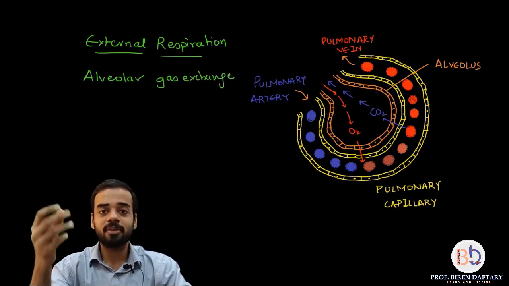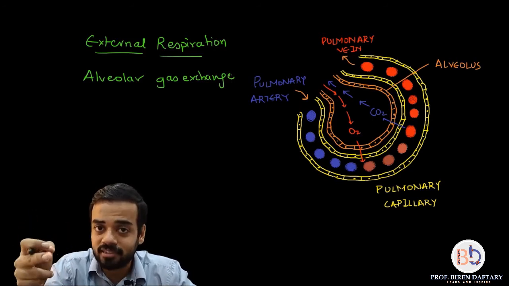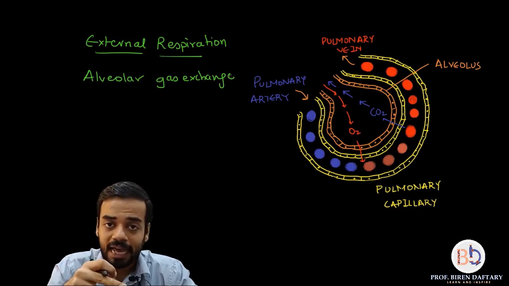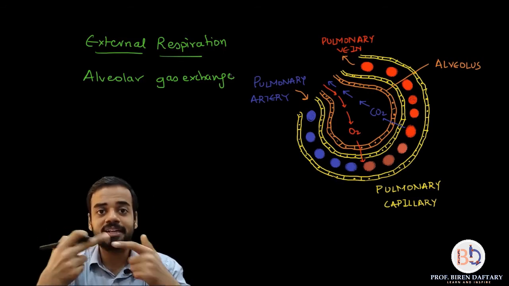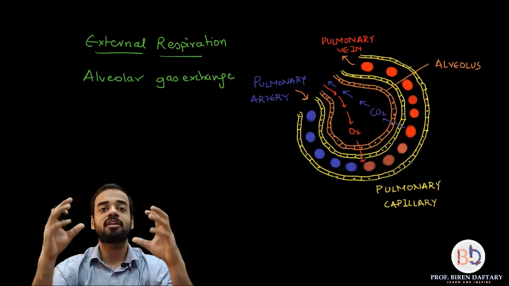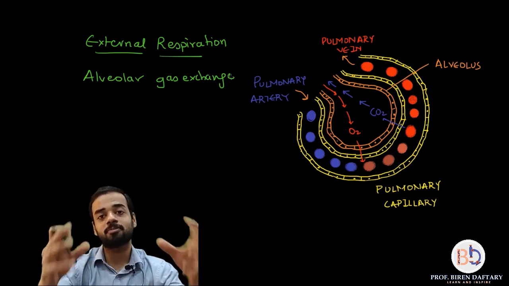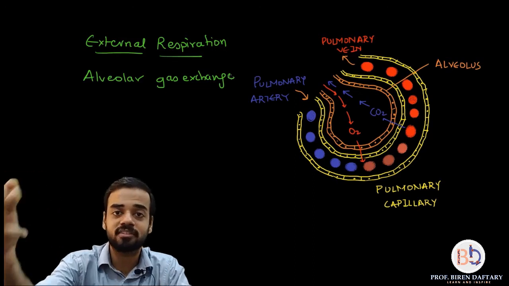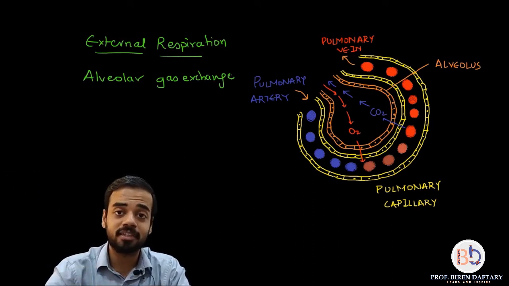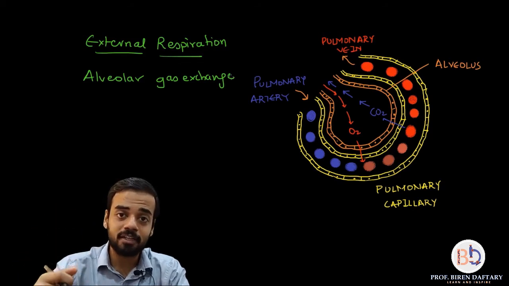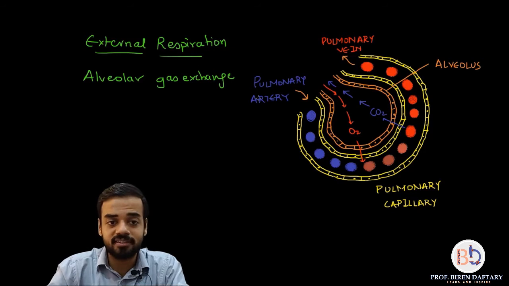So everybody now knows what the alveolus is. So from the alveoli, the oxygen is going to enter the blood, and from the blood the carbon dioxide is going to enter the alveolus. So that exchange is occurring, and that is called external respiration. So in external respiration, we have to explain the mechanism why oxygen is diffusing from alveolar air to blood and why carbon dioxide is diffusing from the capillary blood to the alveolar air. Is this clear? Now let us have a look at this diagram.